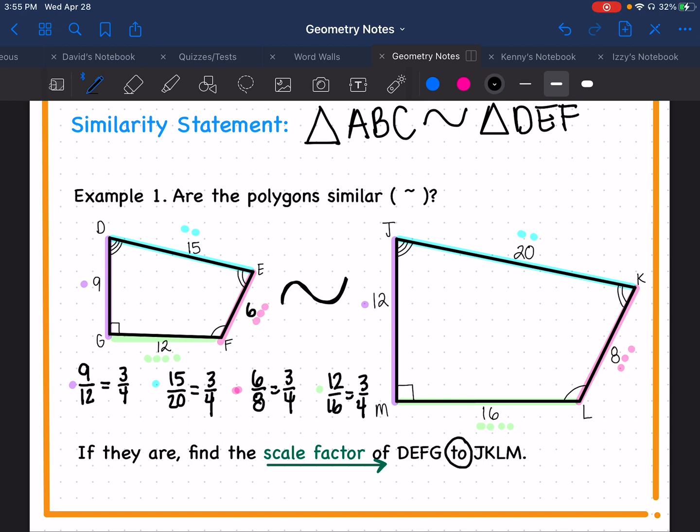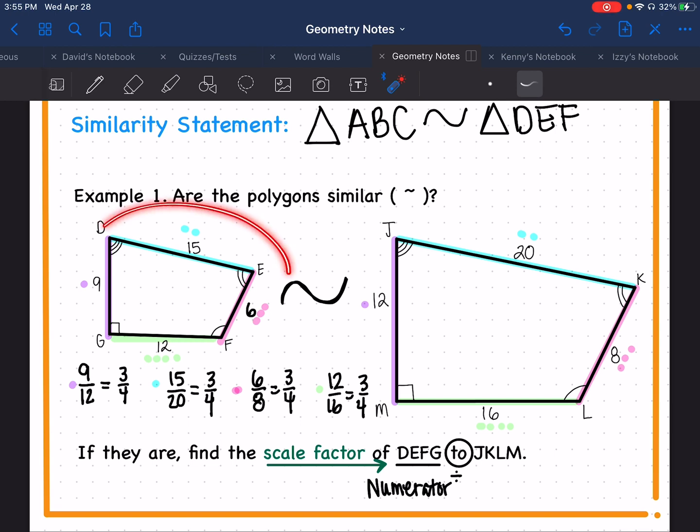This right here, the word "to," is my division symbol. Whatever is in front of it, whatever is first in front of the word "to," is going to be your numerator, the top of your fraction. So you're going to go to